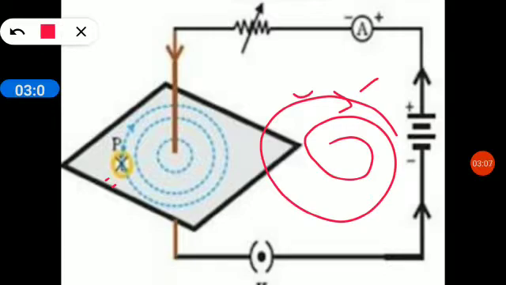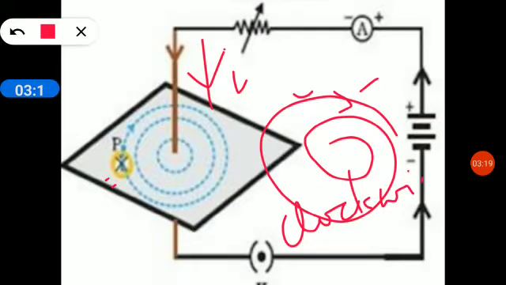If the current in the wire flows in the downward direction, here you can see the current is flowing downward, then the direction of magnetic field lines is clockwise. So this is a clockwise direction, घड़ी की सुई के घूमने की direction. And when the current goes from down to up, it will be the opposite direction, anti-clockwise. In this case the magnetic field lines direction will be anti-clockwise.